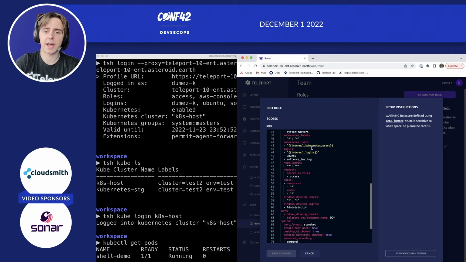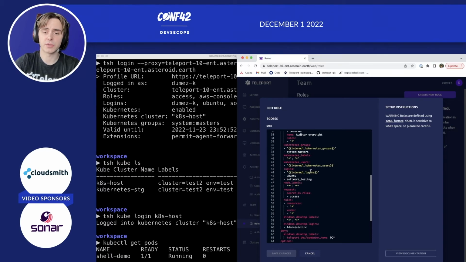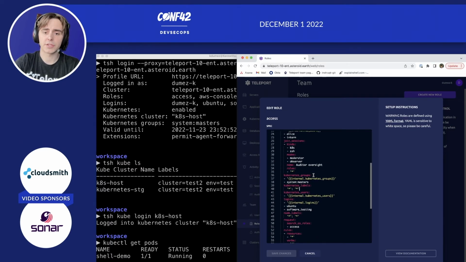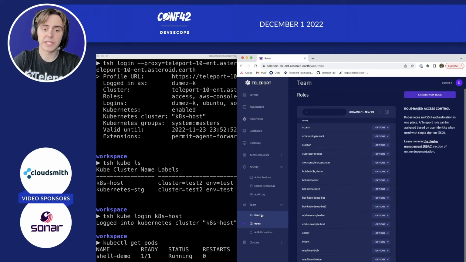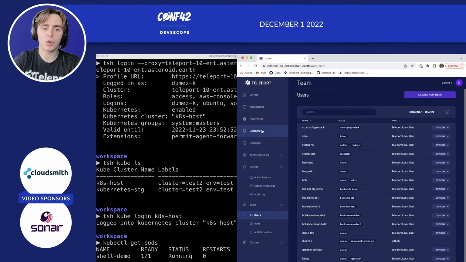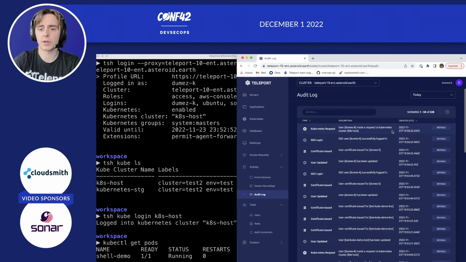So we can see that I'm in the internal Kubernetes user group, and I can log in using this user group. And so this is how we map a Teleport role to a Kubernetes RBAC role. We have that I'm access, system:masters, because this is an admin role that I am in. And the neat thing about Teleport is that you can actually revoke these user sessions. You can see these active sessions here, and you can see the various audit logs,